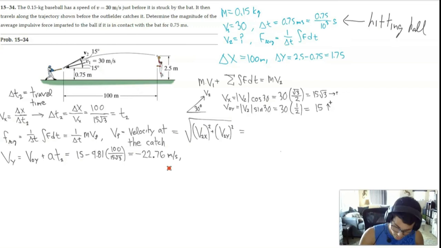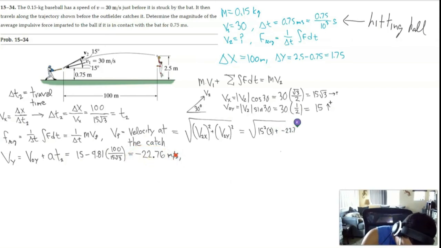So let's find what VF is as a scalar. I already wrote the equation up there, so I'm going to use that equation. It is this thing squared, which is 15 squared times 3, plus this guy squared, negative 22.76 squared. Okay, so 225 times 3 plus